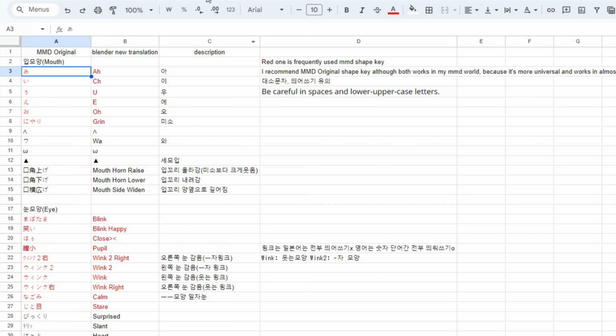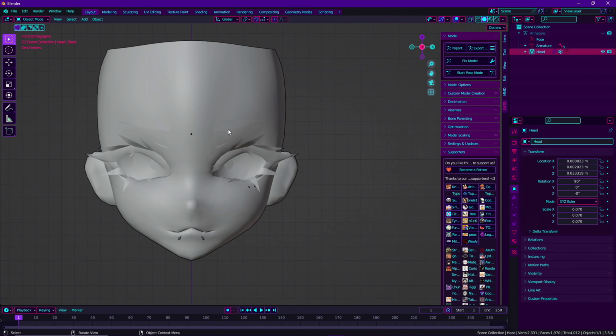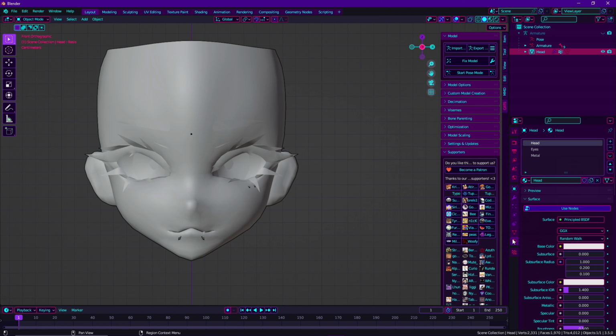So, now that we've got that out of the way, for your head, you can do this with anything that has blend shapes. If it has a mouth, you could probably slap some blend shapes on it and name it these letters, and you're fine. It'll work. Because the MMD worlds, what they do is that they are searching for, in your avatar, an object just called body, and then under that body, they are looking for blend shapes named either the Japanese letters or the American letters. American? English. Anyways,